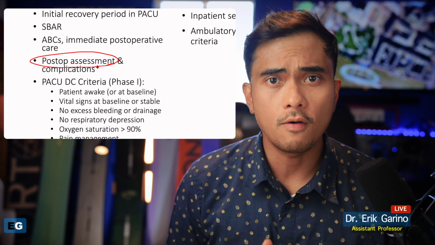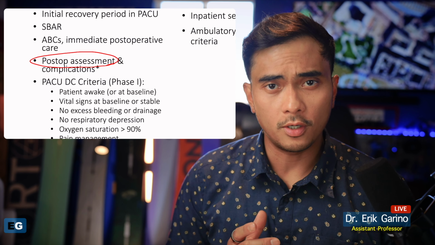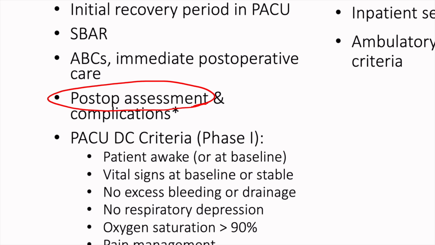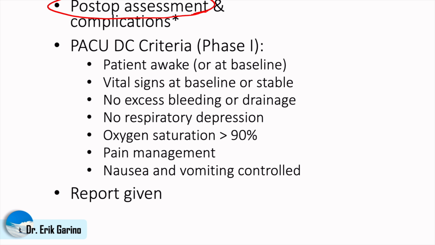So, the goal of phase one is to prepare the patient for phase two. In order for the patient to move to phase two, the patient needs to meet the discharge criteria, or the DC criteria. Okay. So the patient should be hemodynamically stable, which basically means a return to their baseline blood pressure and heart rate, or near the baseline, return to their baseline mentation or neurologic status, adequate urine output,